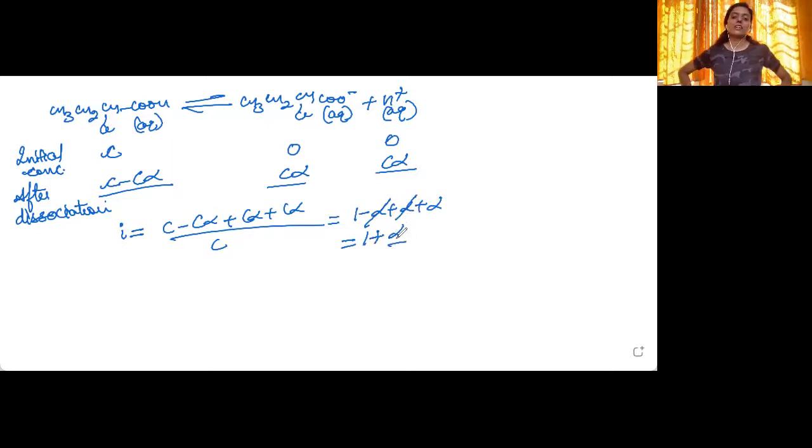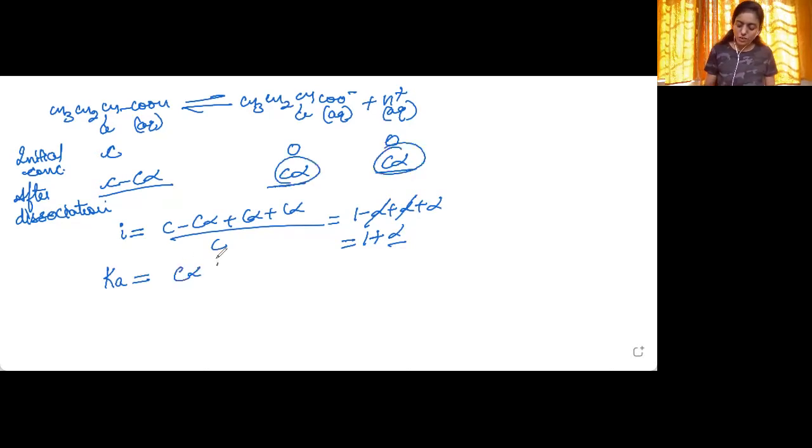Now we need to put the value for alpha here, and we have been given the value for Ka. So what is Ka? Ka is the dissociation constant. It is the ratio of product of concentration of products upon product of concentration of reactants. So the product of concentration of products is C alpha into C alpha, upon concentration of reactants, because only one reactant is there. So we will be taking the concentration of one reactant, so there will be no product of concentrations in the denominator in this case. Okay, so C minus C alpha.